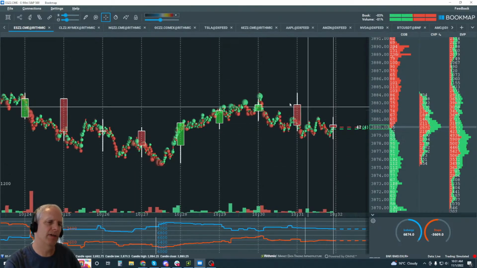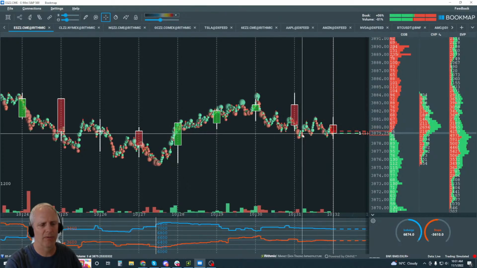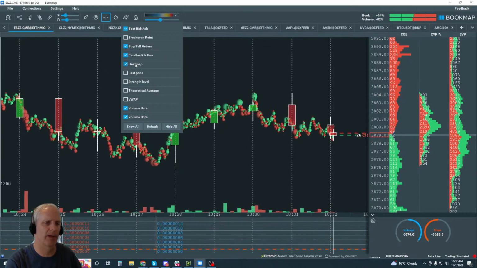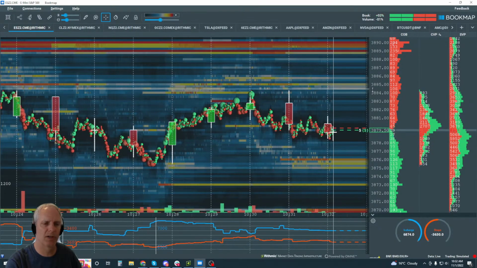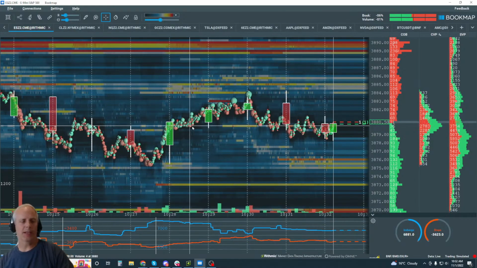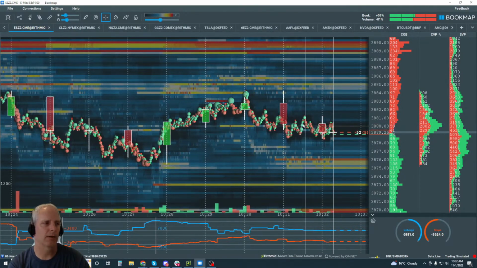Now, how do we know if they support it? Well, who's taking the other side of the trade? That's what we want to look at here. So let's take a look. That's shown in the heat map. Now, this heat map, this is where it gets complex, and we lose people. They just think it's too much. It's really, really simple data here.